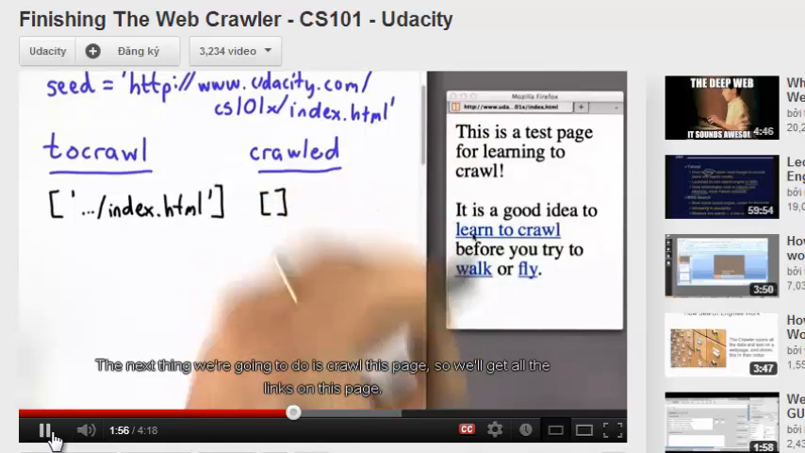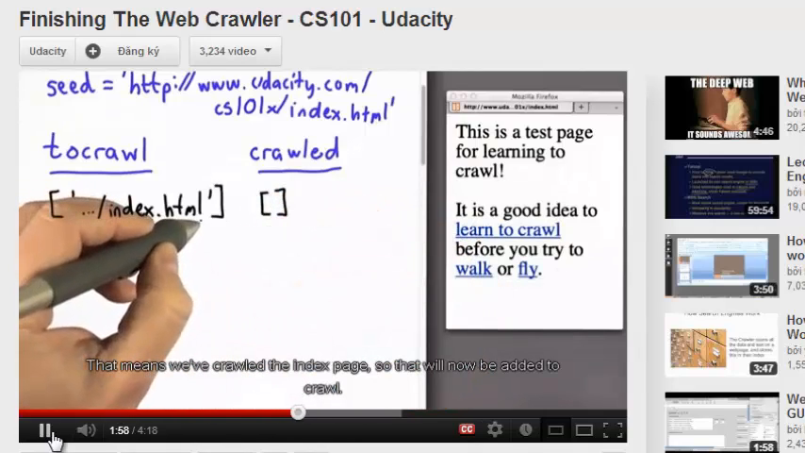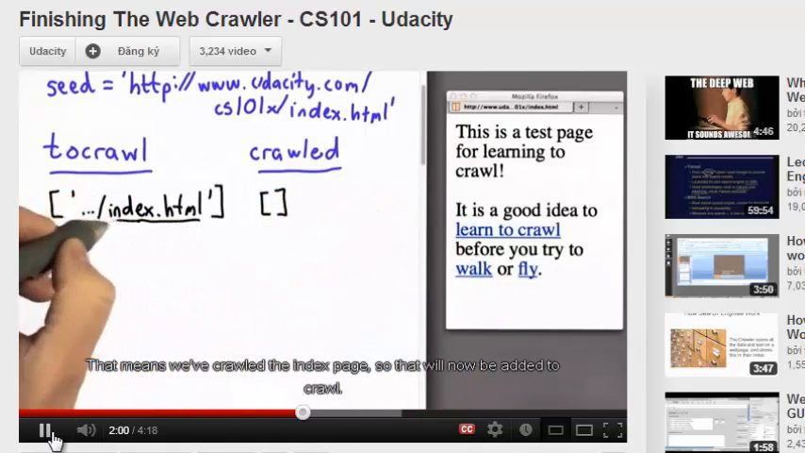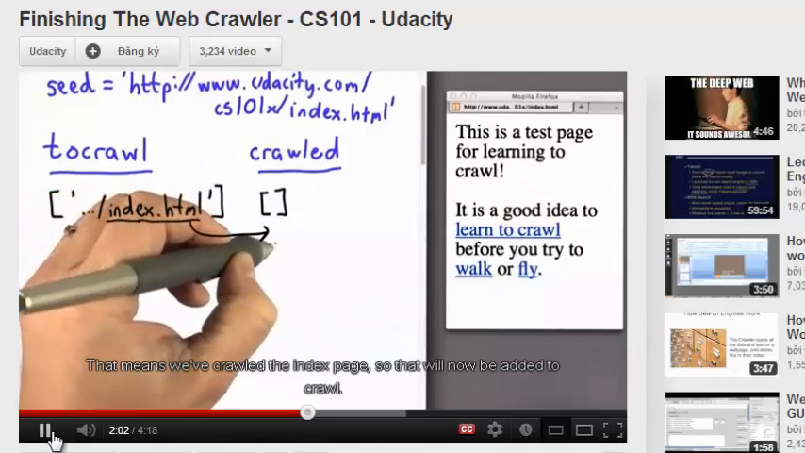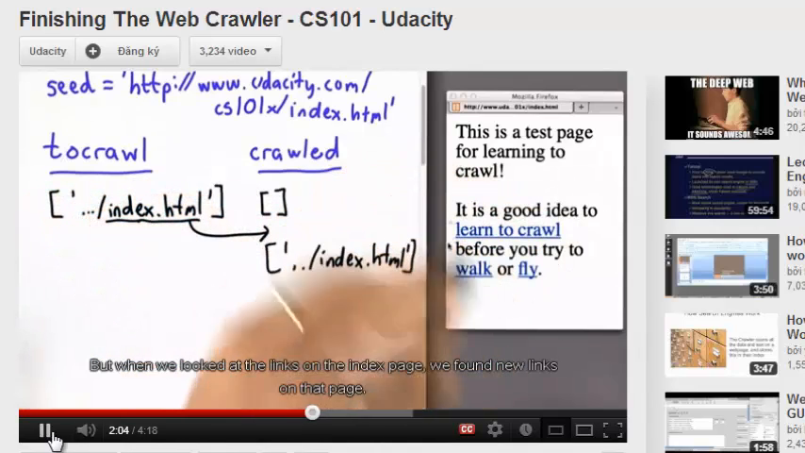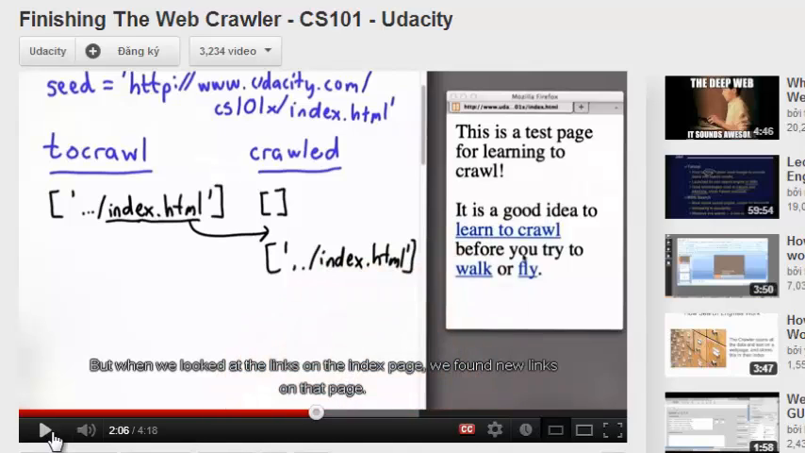All the links on this page. That means we've crawled the index page, so that will now be added to crawled. But when we looked at the links on the index page, we found 3 new. Và khi mình đã xem xét được cái trang index thì mình ném nó vào đây, và chúng ta sẽ tiếp tục